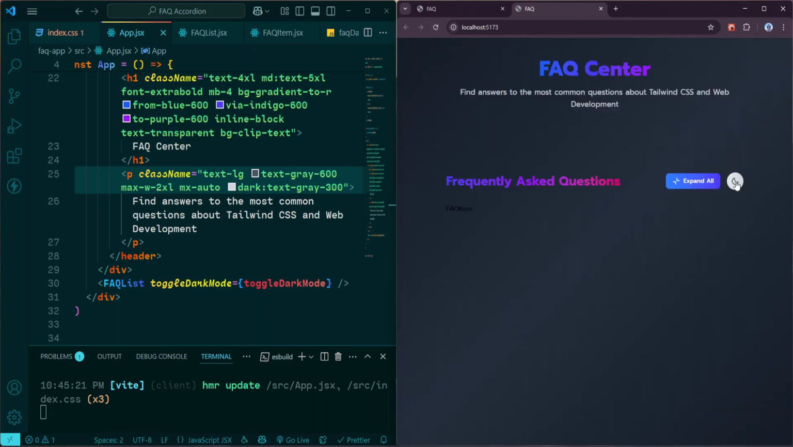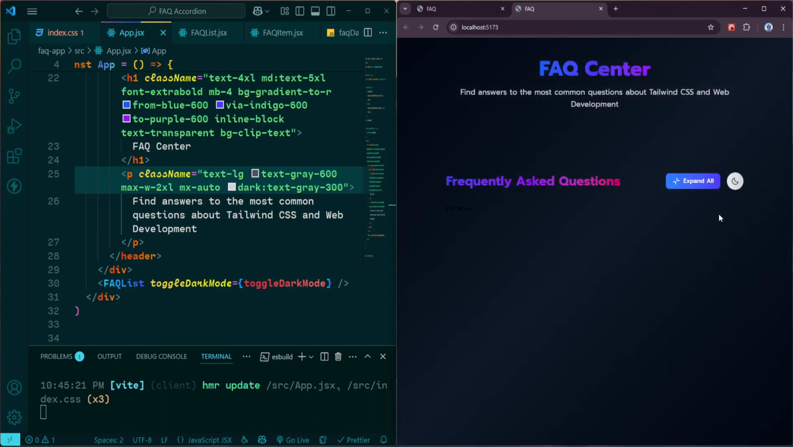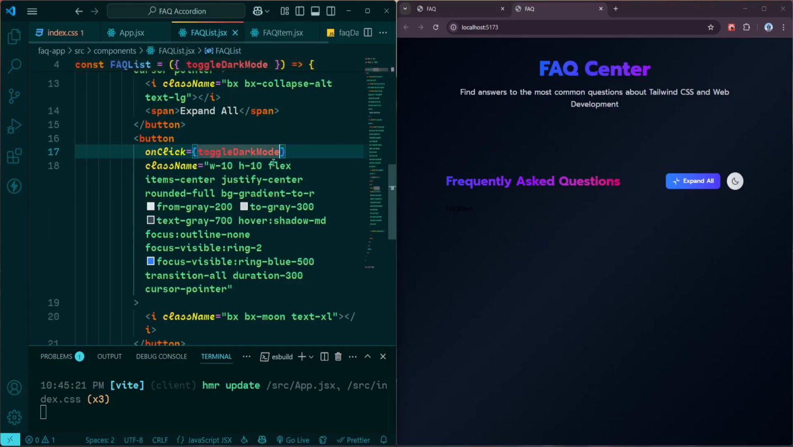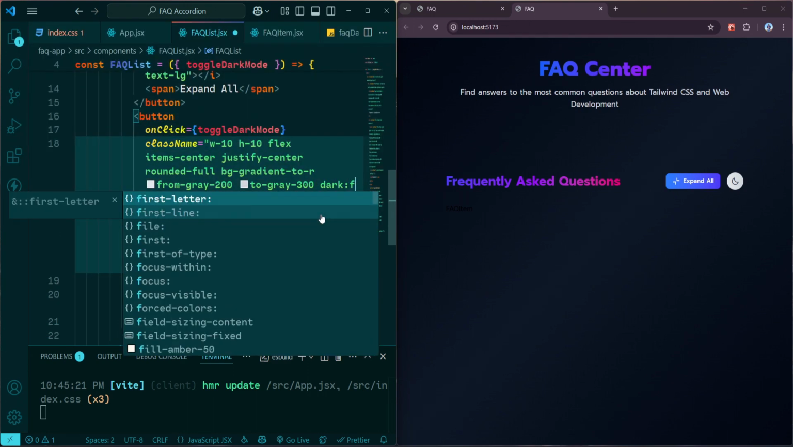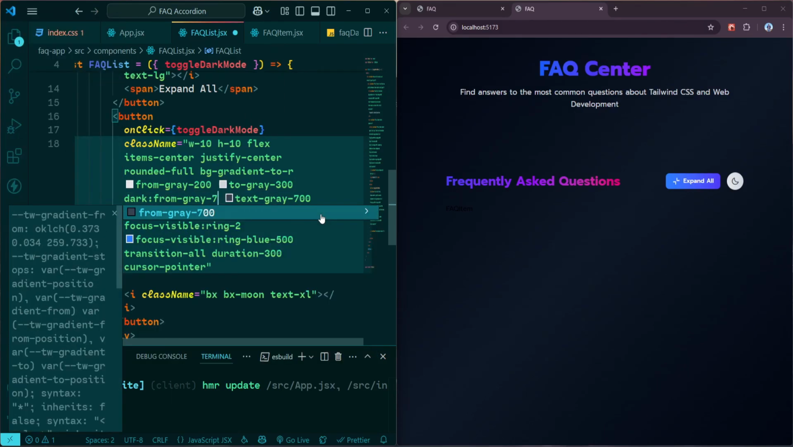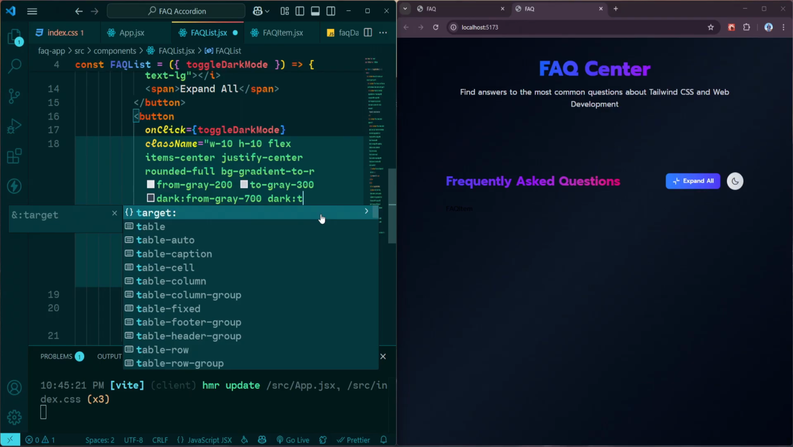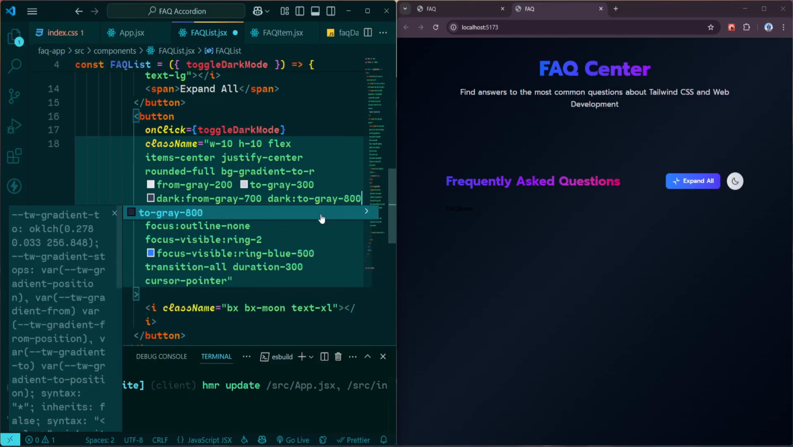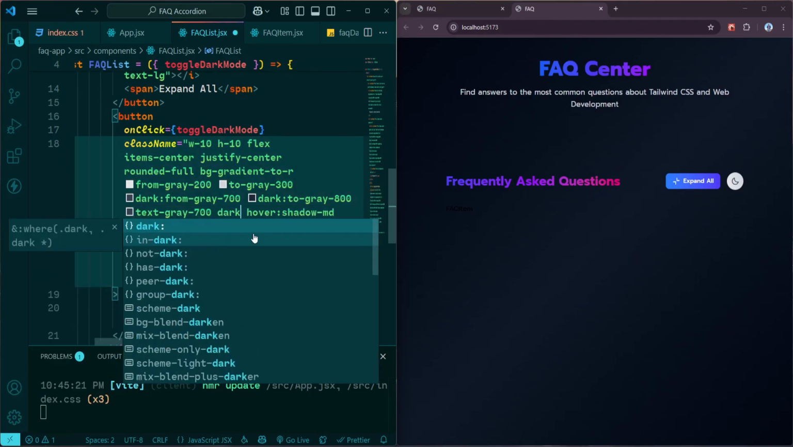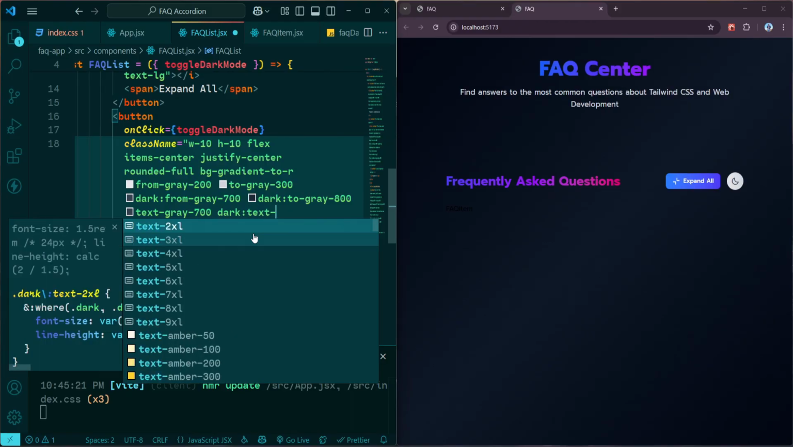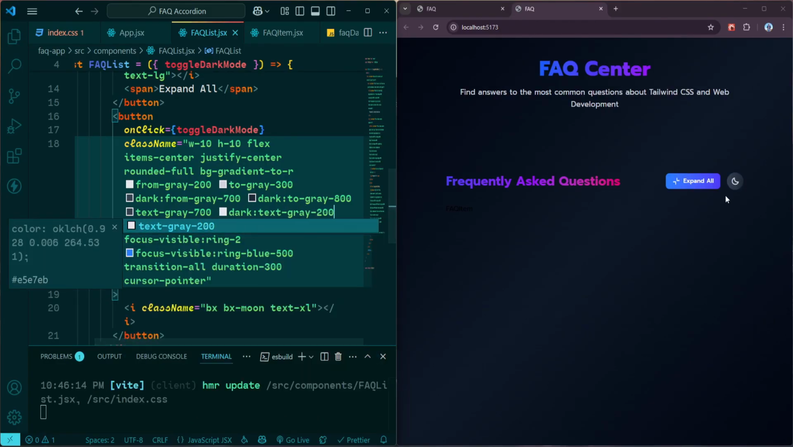The toggle button itself should also change the appearance in dark mode. Right now it still has light mode styles even when dark mode is active. So I'm going to modify the button. Let's add here dark from gray 700, then dark to gray 800, and also we need to change the text color. Let's add here dark text gray 200. Now when switching to dark mode, the toggle button updates its background and icon color, making it blend seamlessly